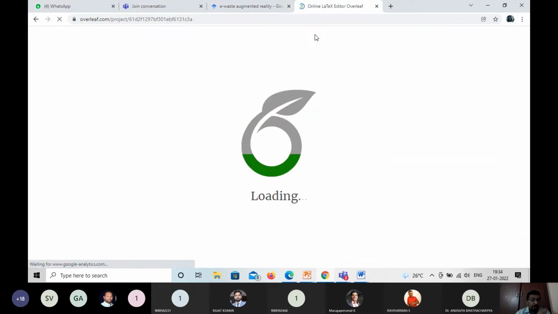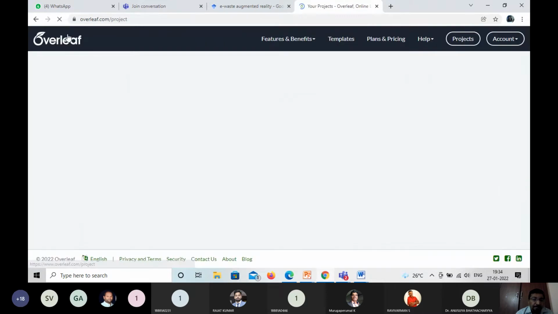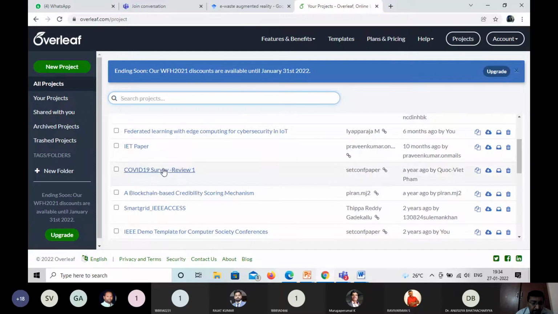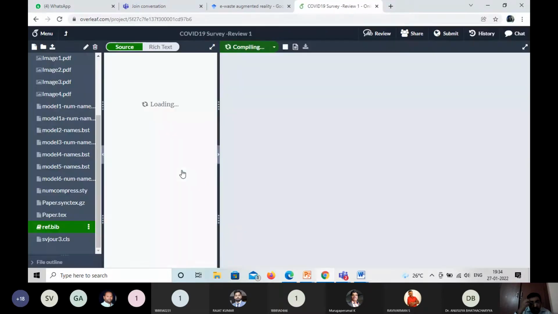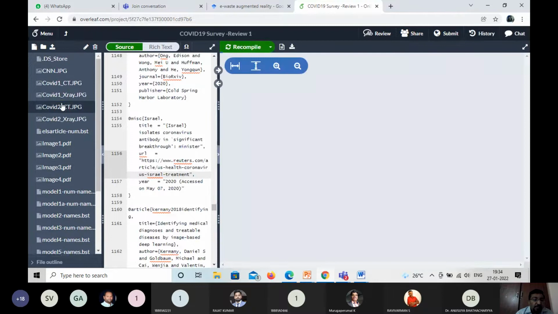Thankfully, I've already logged in. So this is actually a tool where you have three sections. One is the section which contains